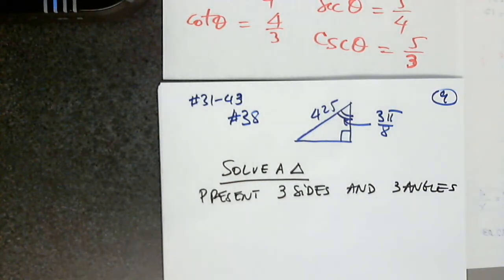Since one angle is given in radians, I have to present all angles in radians, and then I have to determine all sides. So I have to list or present, whatever you want to write, it's the same thing, all 3 sides and all 3 angles. Allow me to